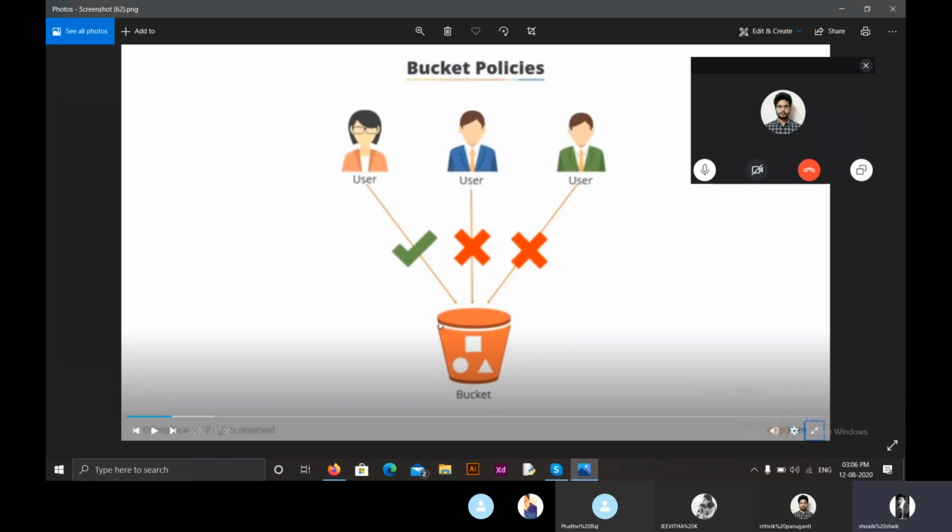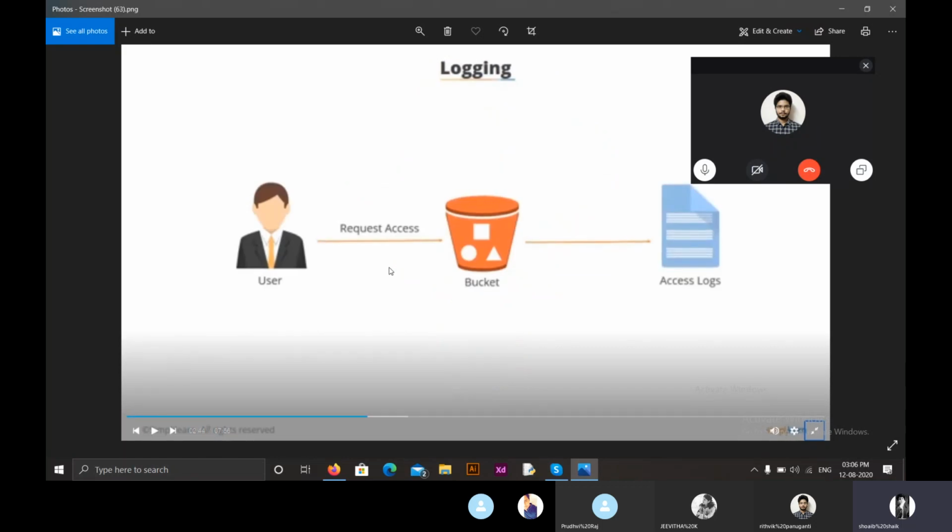We can also create bucket policies where we decide who can access the data present in our bucket. As you can see here, we can set which user can access our data present in the bucket. Apart from this, we can also have logging, where the user can request access, and through logs he will be given access to all the data present in the bucket.